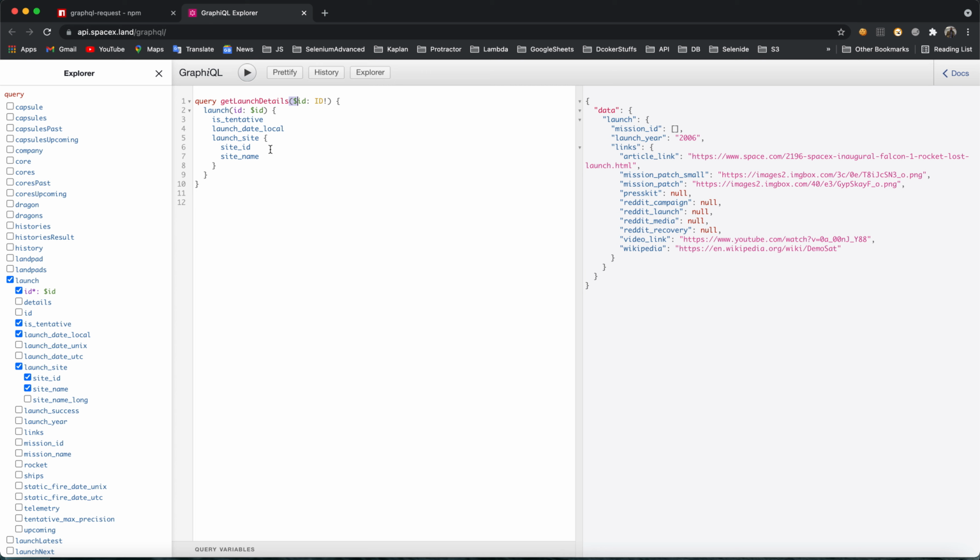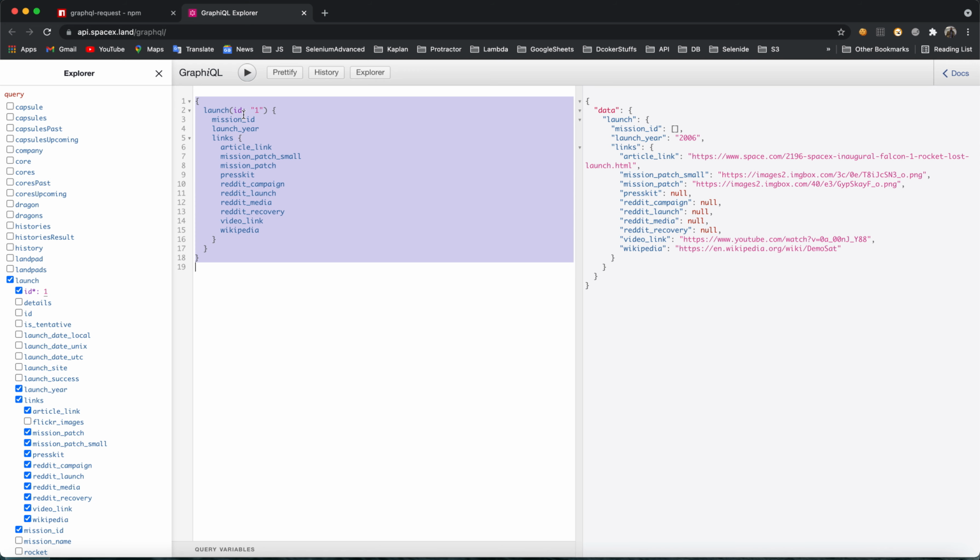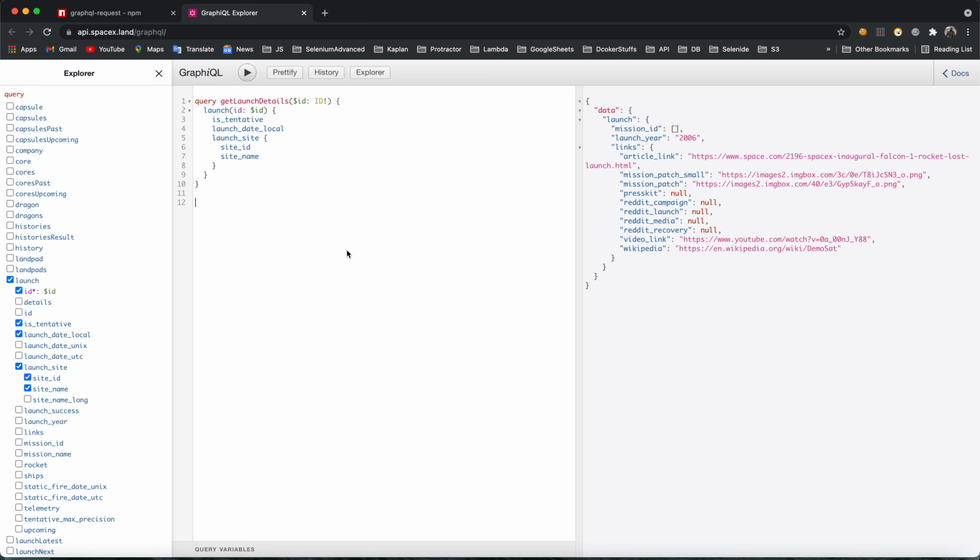Launch details previously, if you see, it was getting a scalar type of ID, which I was putting a value 1. But at this point you could see I have parameterized the data here. So this ID will be coming from the variable. You can see on the bottom side we have something known as query variable. So we can pass this query variable, and if I say ID as say 2,